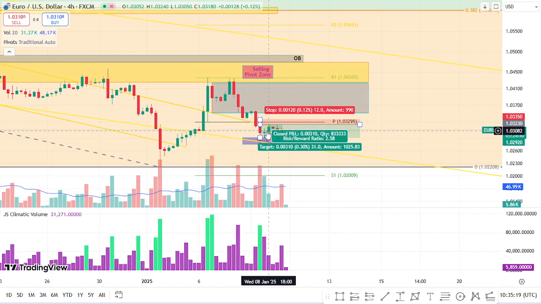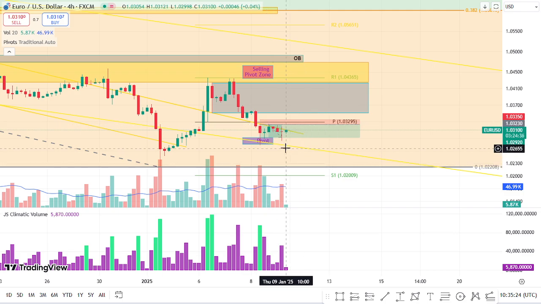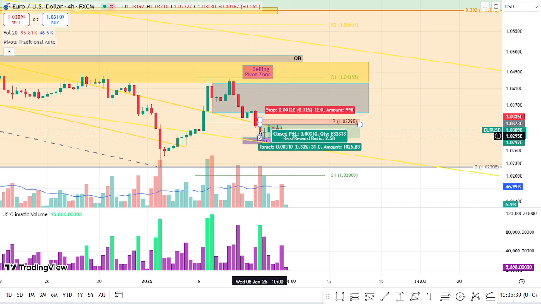So because I didn't do that, it triggered the position, and went and took the profit. My take profit was at this level. This is a buying pivot zone, and I thought it might react on a Fibonacci perspective. It might react and go up. It did react, but not